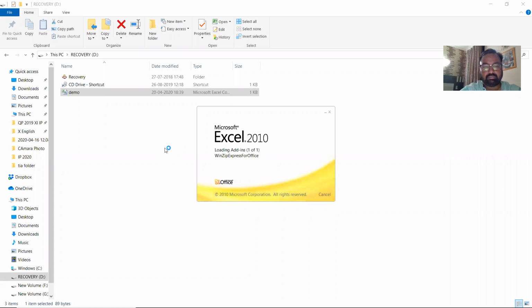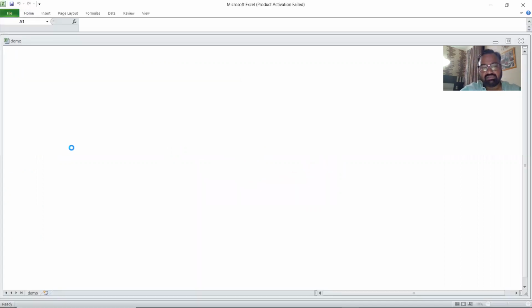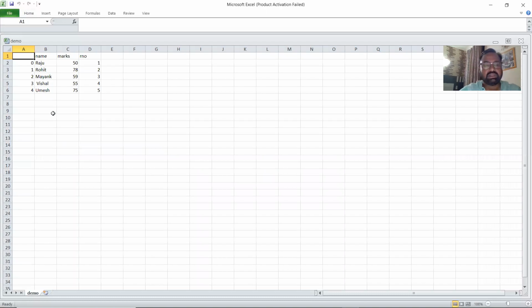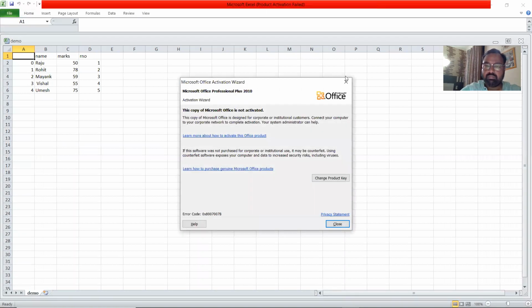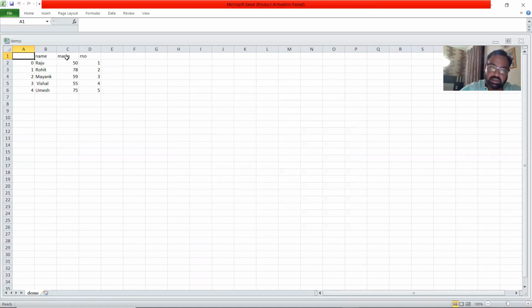So this is quite simple, exporting the data to a CSV file or reading the data from the CSV file. You can see this is a column name and this is another column name.